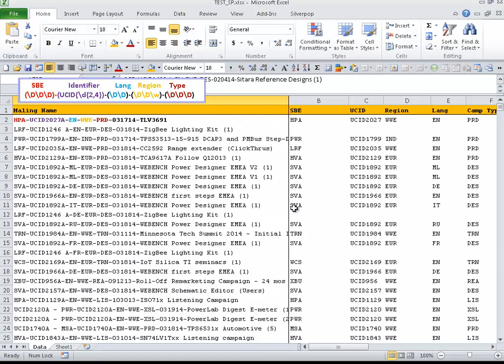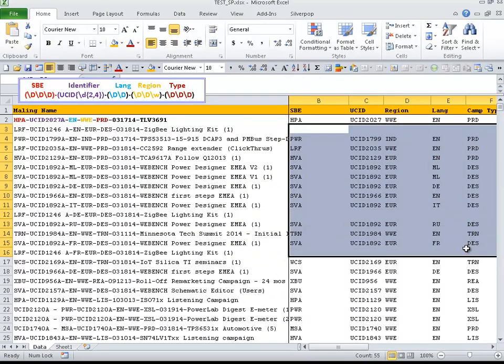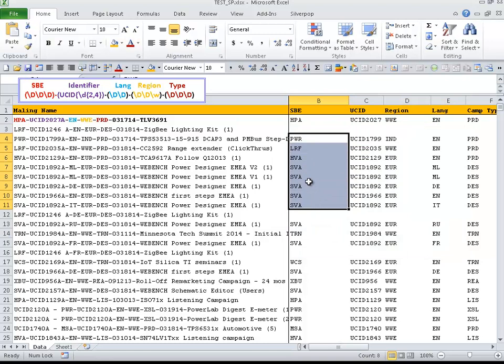pretty simple here. So you can see how very quickly now, when I normally, of course, I'd have my other metrics here, we would be able to very quickly either pivot or start reporting on all the different types of SVA campaigns or LRF or in Europe. And one more thing I wanted to show was,